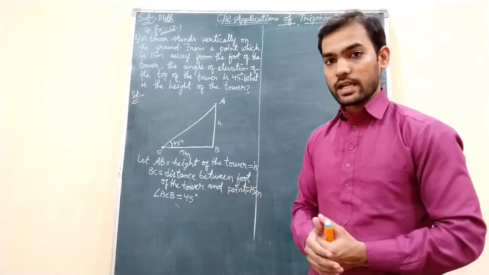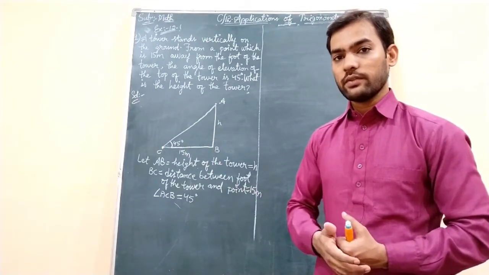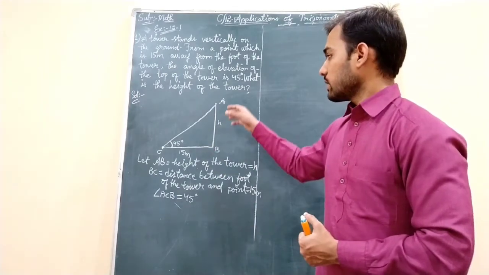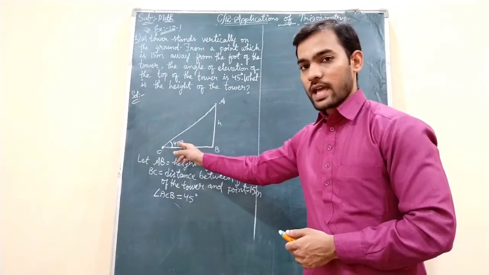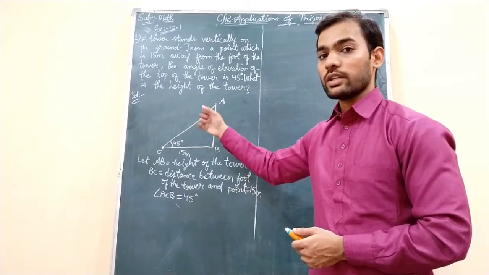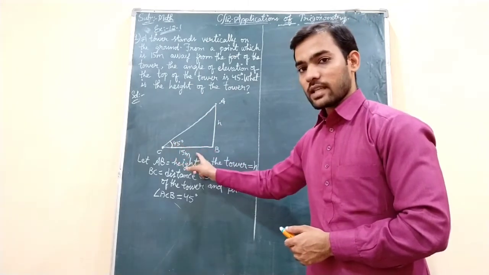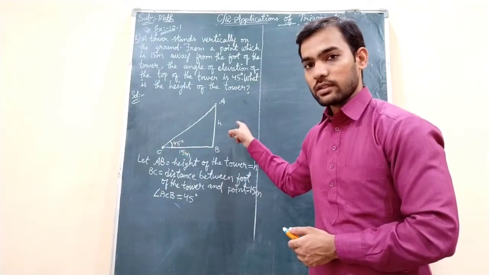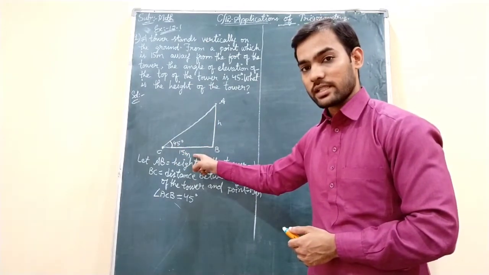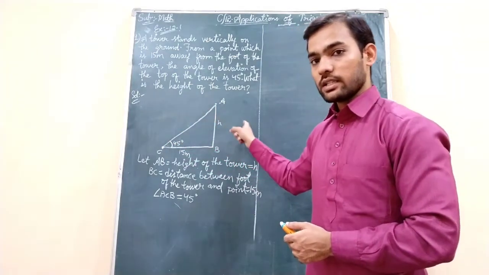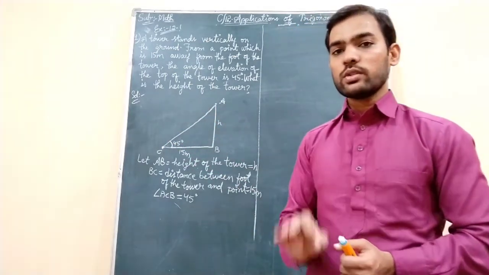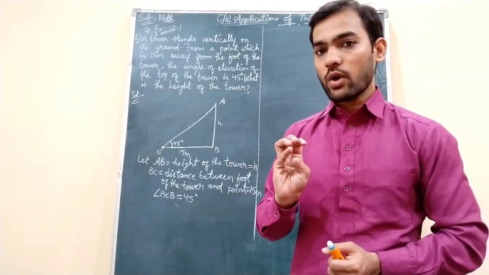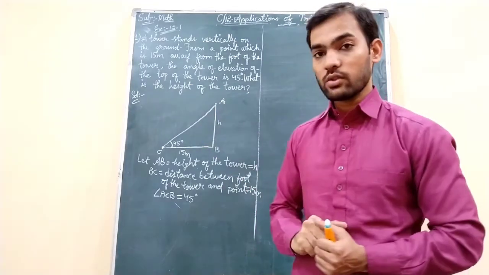When you see, this is a right angle triangle, and you know that in trigonometry we deal with right angle triangles only, mostly in this chapter in this grade. So you need to see, as per the given angle, what is the given information and the unknown information. As per this angle, this side is given, and this side you need to find out. For this angle, this is the opposite side, and this is the adjacent side. This longest side will always be the hypotenuse, right? Now mostly you think about only three ratios: sin theta, cos theta, tan theta. The sin theta formula is opposite by hypotenuse, but here the hypotenuse is not involved.